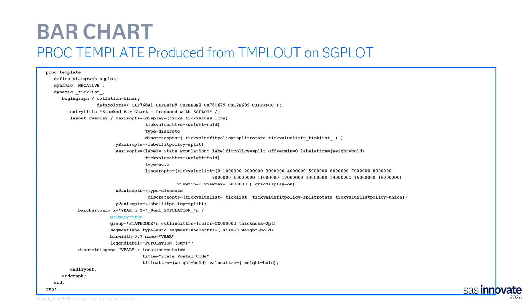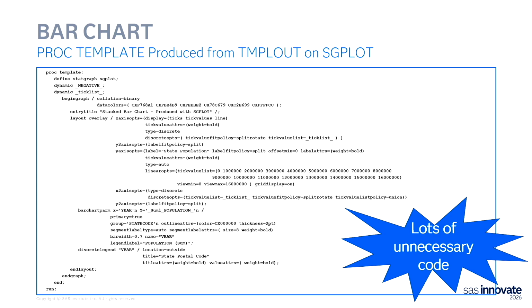Primary equal true. That's if you have more than one type of plot statement and they have the potential of having different values on the axes. We only have one plot statement, so I can get rid of that. Again, all of this is things that you're going to start getting familiar with, and some of it is like, does that make sense? Can I delete it? Or I'm going to leave it in there because I trust SAS and I'm not sure what I'm doing. And again, this legend label is not going to be needed because we're going to actually provide a discrete legend title. So we're going to get rid of that as well.